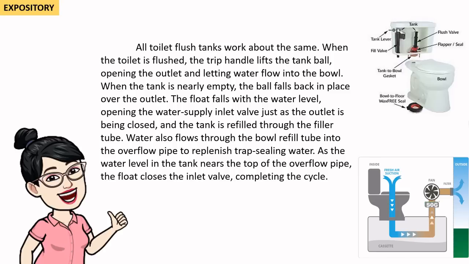The float falls with the water level, opening the water supply inlet valve just as the outlet is being closed, and the tank is refilled through the filler tube. Water also flows through the bowl refill tube into the overflow pipe to replenish trapped sealing water. As the water level in the tank nears the top of the overflow pipe, the float closes the inlet valve,